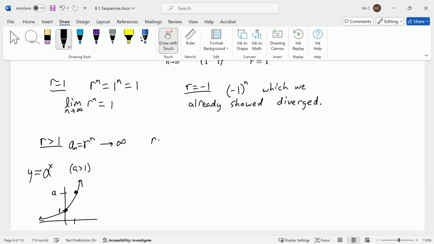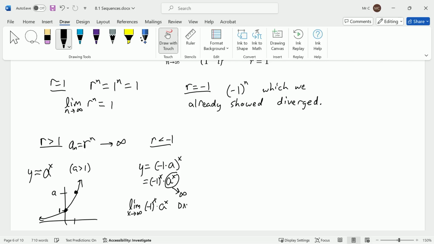Now, if r is less than -1, that's a little bit trickier because we don't normally deal with negative bases. But what I'm going to think about is an exponential function where I have -1 times a to the x power. Then this becomes -1 to the x power times a to the x power. And this term, a to the x, is still going to approach infinity. So the limit, as x goes to infinity, of the whole thing